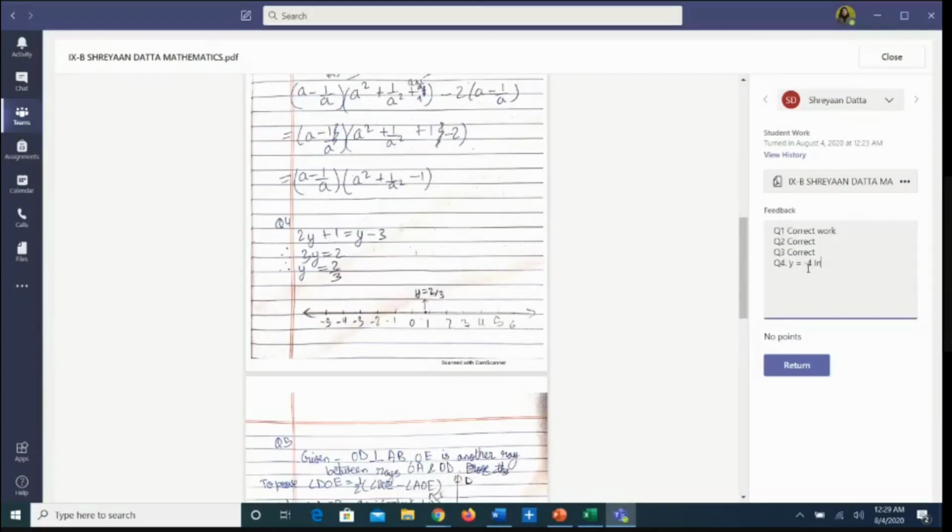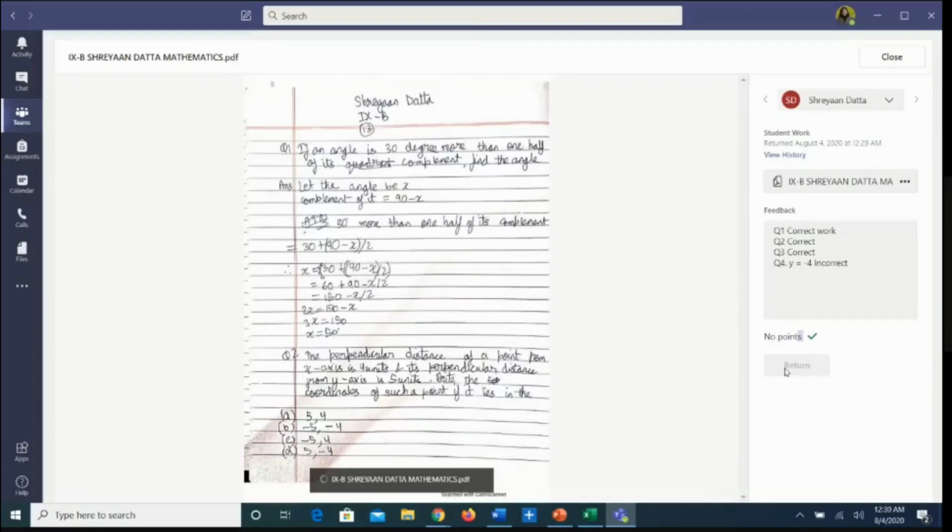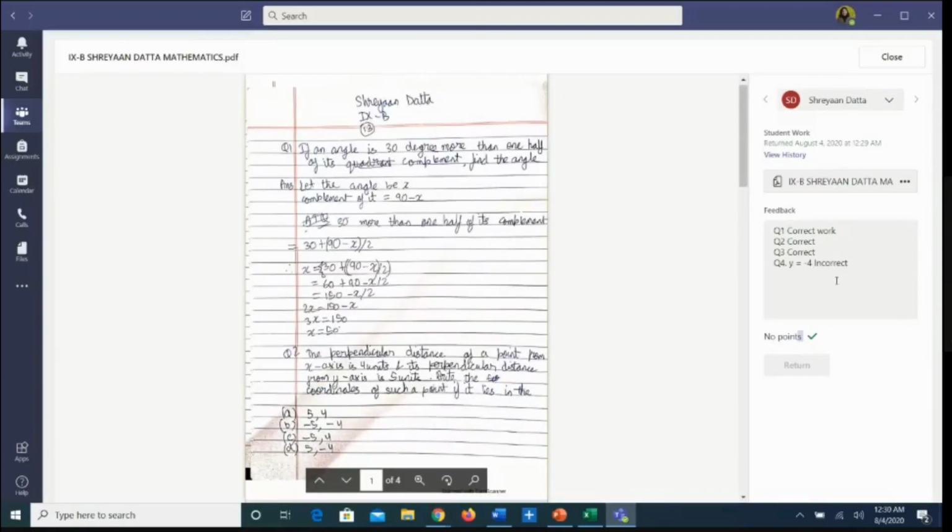So after writing all the remarks and checking it completely, I can see there are no points in it because it was not a graded one. So it's all checked and I can return the assignment to the child. I'll just click on return, which means the child will receive the corrected portion and it is done. The work is finished. If the assignment is small and there is less to be conveyed, small feedback is enough. This is the best possible way to check the work in the assignment.